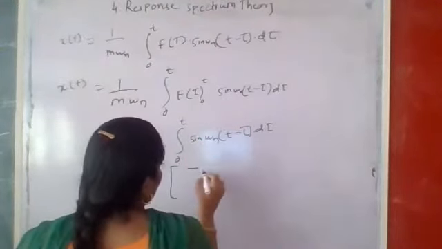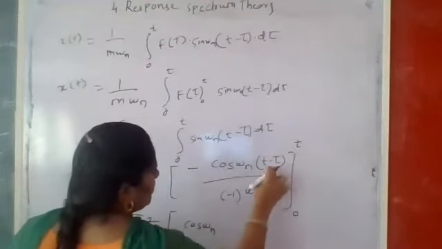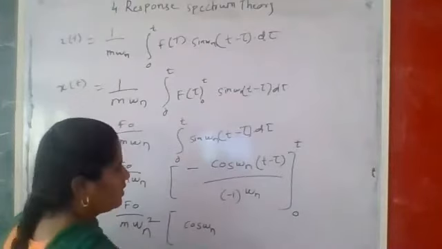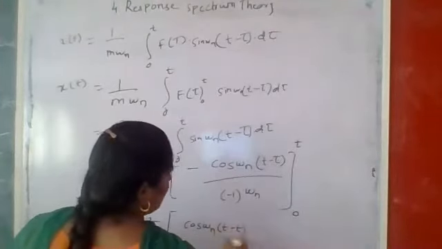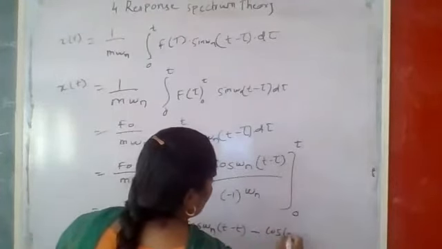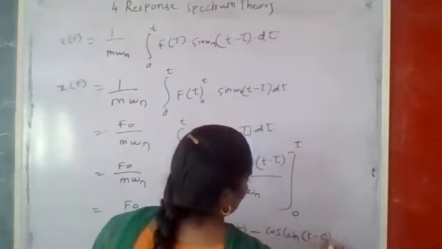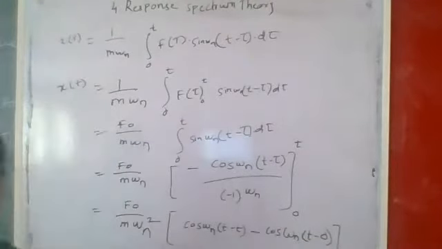So what is the integral from 0 to time period t? So now put the condition, that is m omega n into integration, that omega n will be taken outside. It will become omega n square. So the remaining term is cos of omega n into t minus t, upper limit minus lower limit, that t minus t, and minus cos of omega n into t minus tau, that is t minus 0. So in this way, that is the solution for this integration.